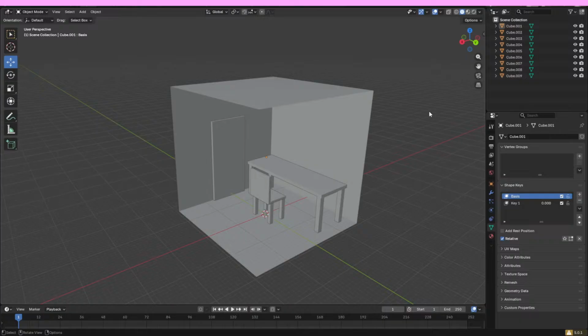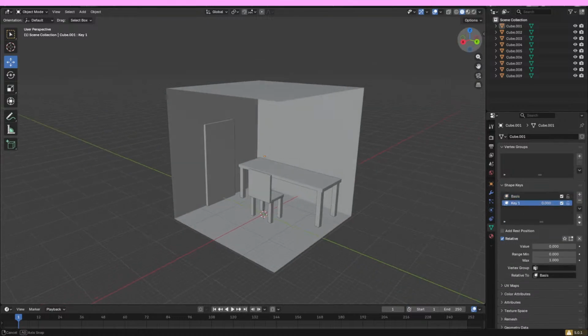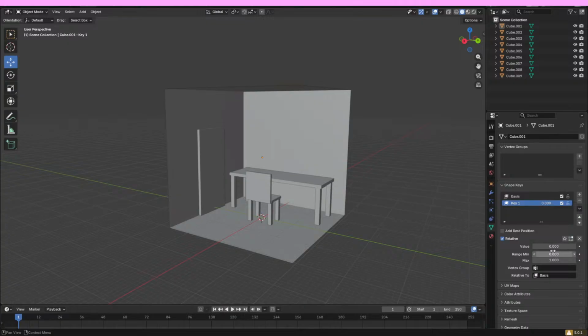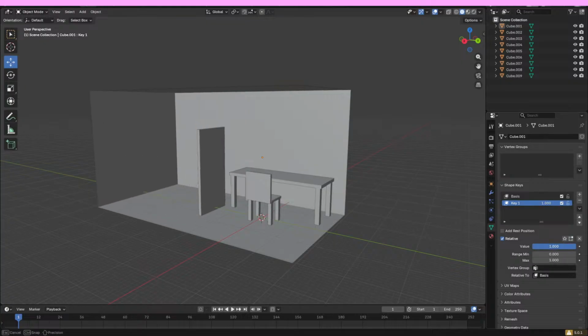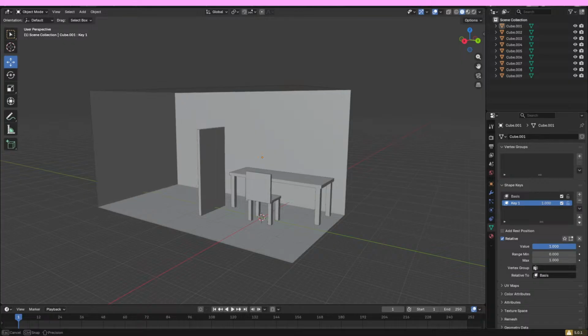But the cool thing, as I've been learning more about Blender, one of the cool things that I've learned to do recently is something called shape keys, okay? And basically, when I turn this up, it goes to this, which is really cool, right? I think it's really cool,